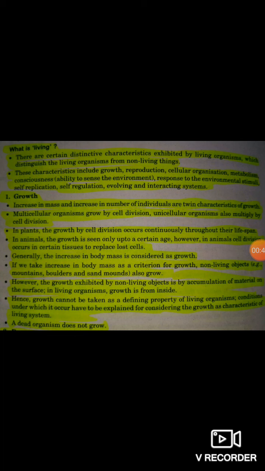The objects that exhibit growth, development, responsiveness, and other characteristics of life are seen as living